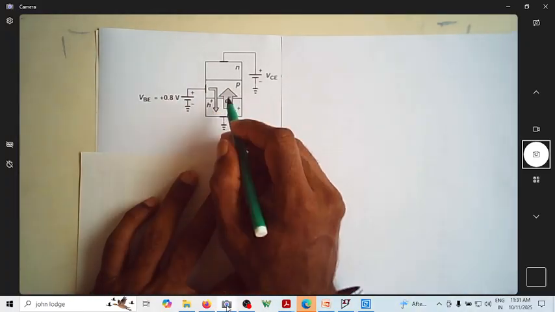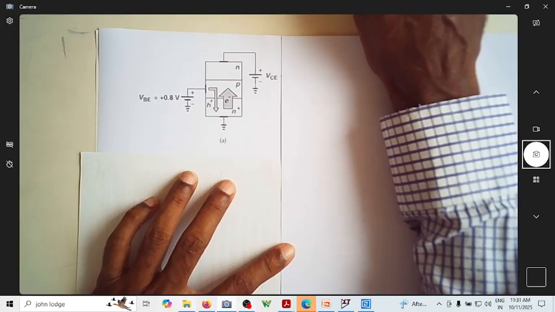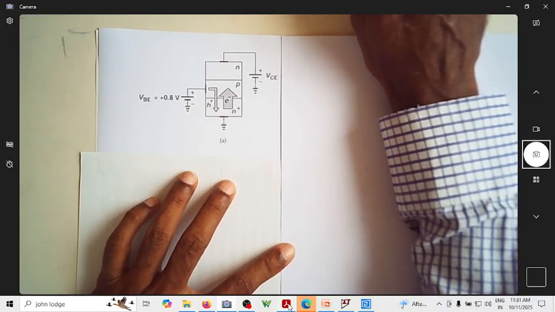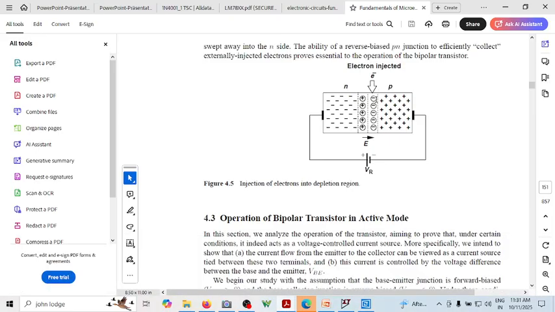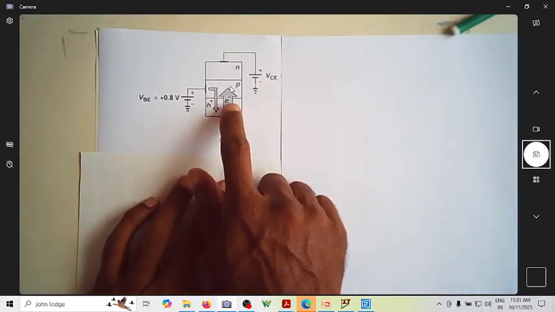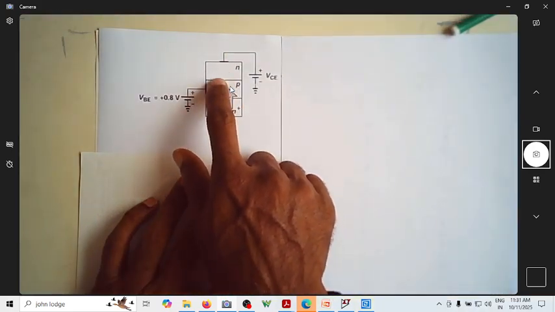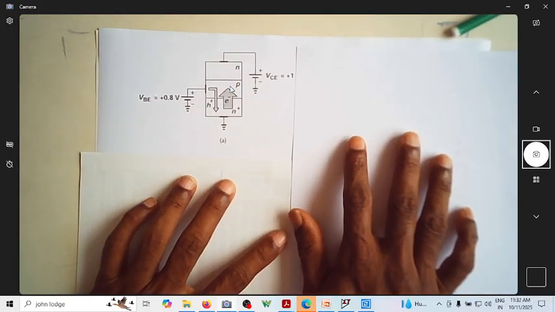Now, can you see this electron is entering this p? Is it similar to this situation? Can you see here? Did you have that situation here, where an electron is coming to the p side? So this is exclusively a p junction. Now, do we have a similar condition over here? There is an electron being injected into this p region. What happens to this? Since this area is very small and the number of holes is also small,